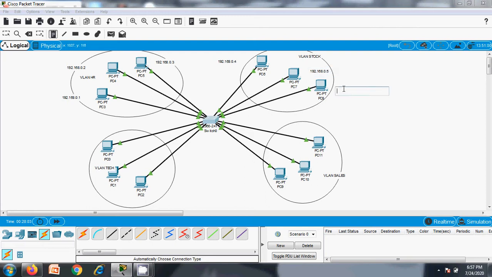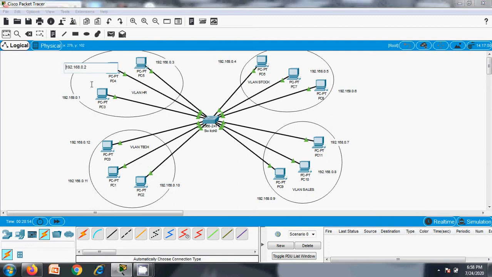Here it is 5, 6, 7, 8, 9, 10, 11, 12. So these are all the IPs of each individual PC.